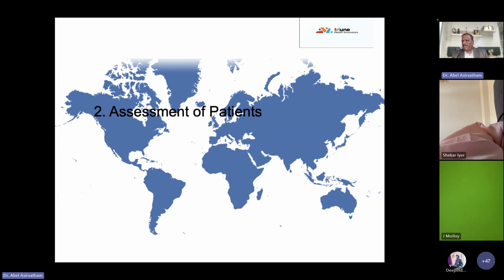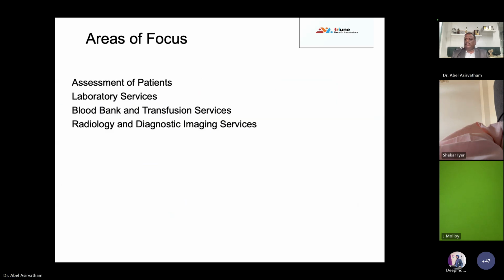Then coming to the next chapter, assessment of patient. It mainly talks about, I think,